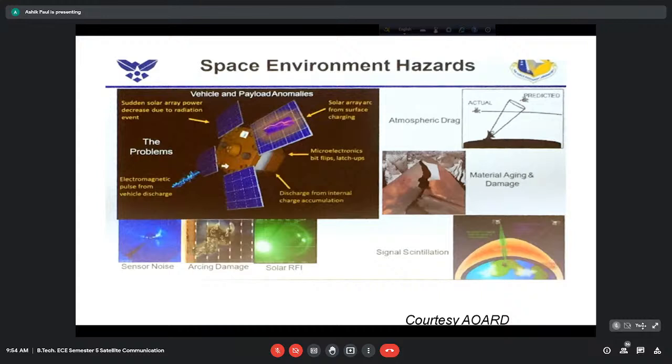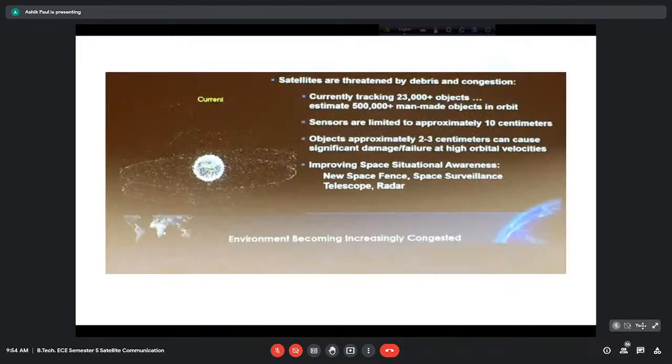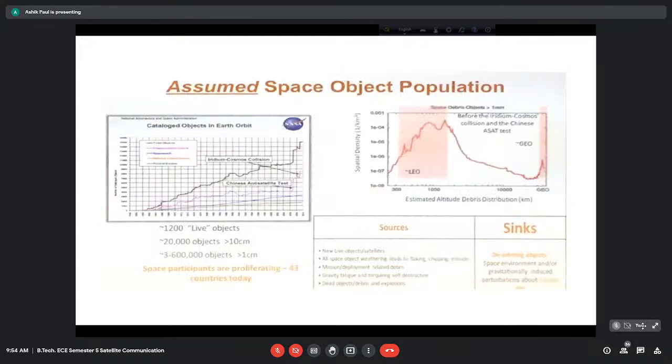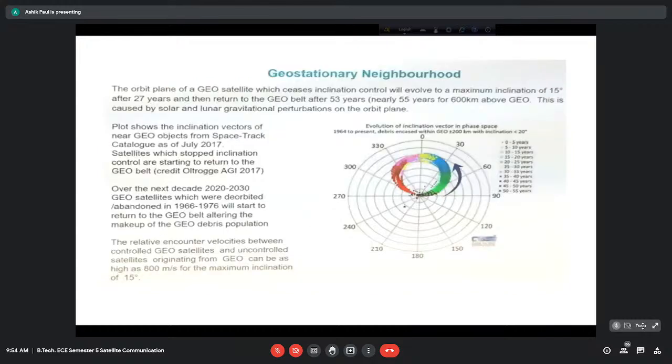In addition, there are several factors or hazards which affect the satellite in orbit. One of the interesting things is that the orbital inclination of the satellites is gradually changing as a result of this attraction of the Sun and the Moon, so the satellites